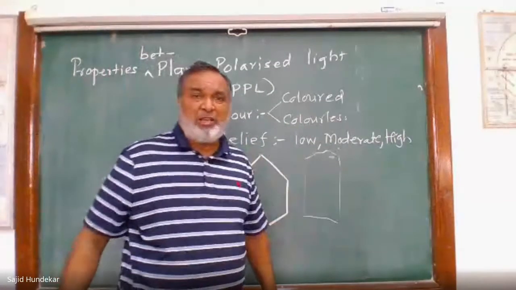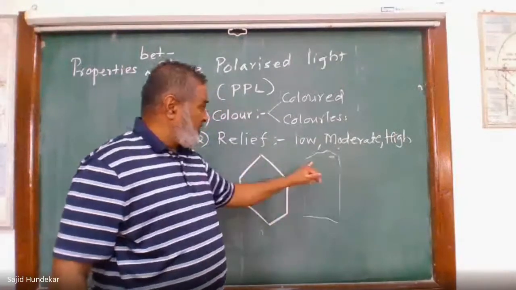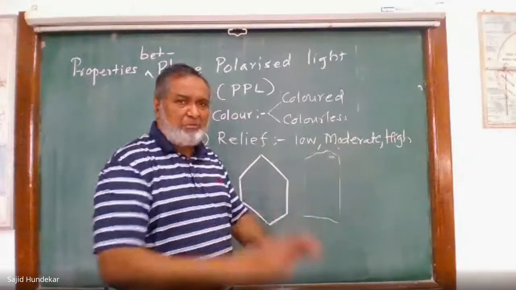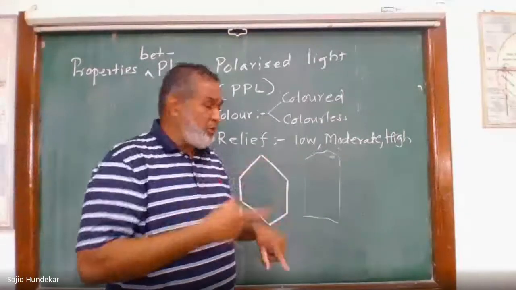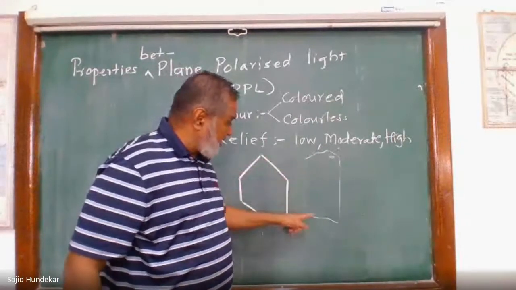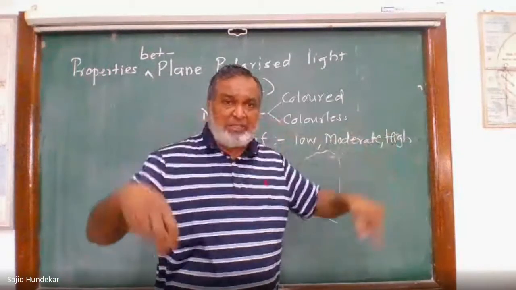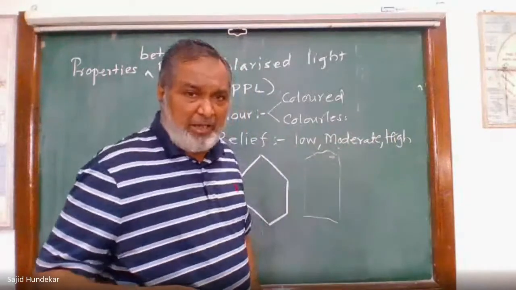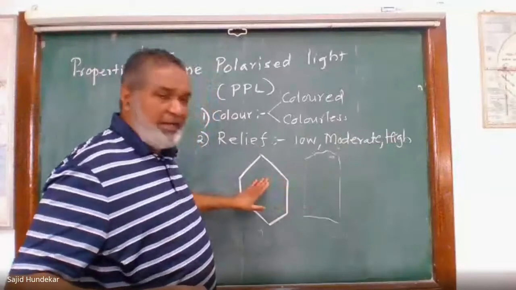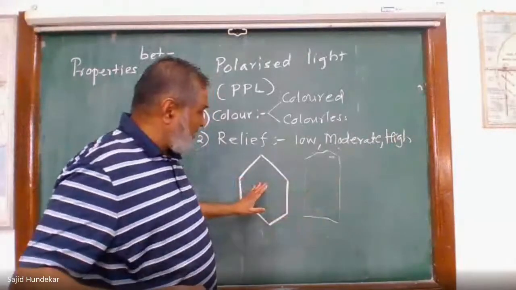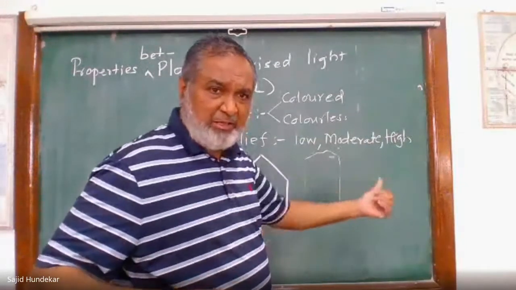It depends upon the edge, how prominent the outline of that particular mineral is. It depends upon the refractive index of the mineral. If it is very prominent, it is called high relief; it will distinguish the mineral from the surroundings. Say there are 10 minerals, but whichever mineral we focus below the crosswire, if we can easily distinguish it, then it is moderate. But if we could not distinguish the mineral because the outline is not clearly recognizable in plane polarized light, then it is called low. So low, moderate, and high, or moderate is also called medium. Clear now? Can you easily distinguish now?